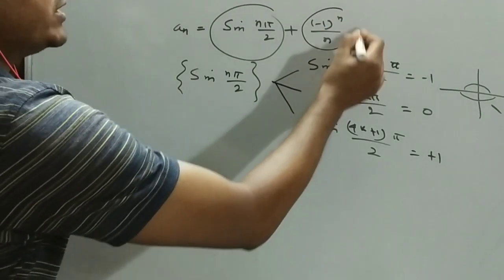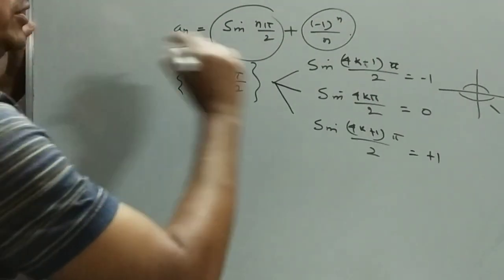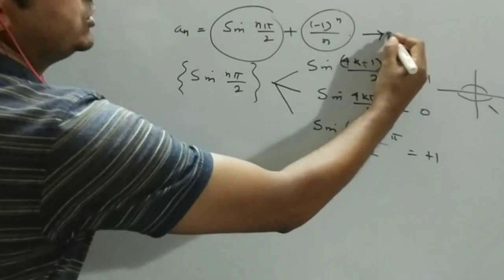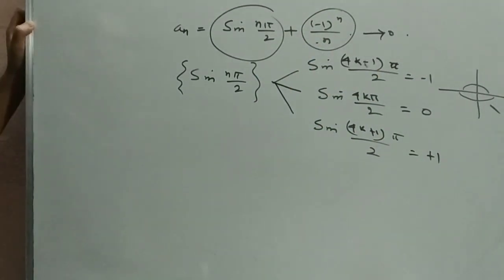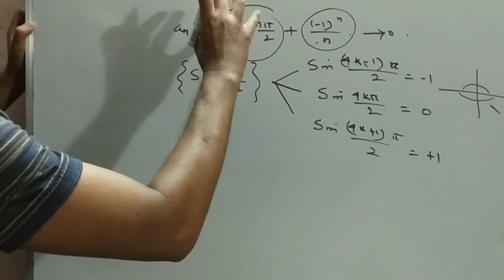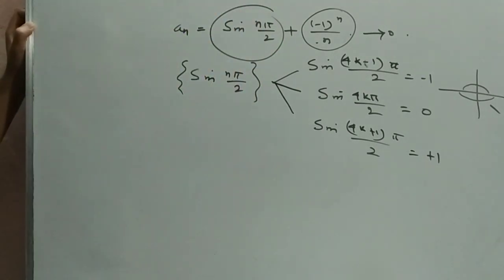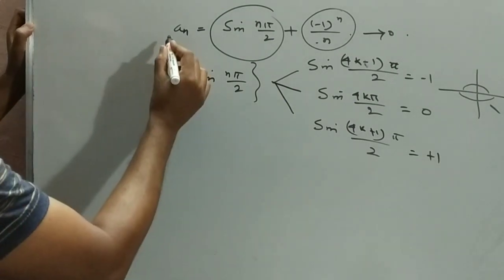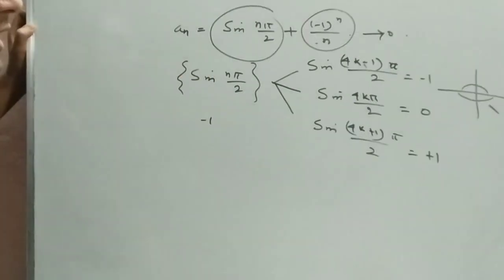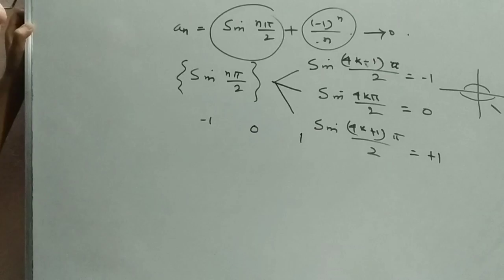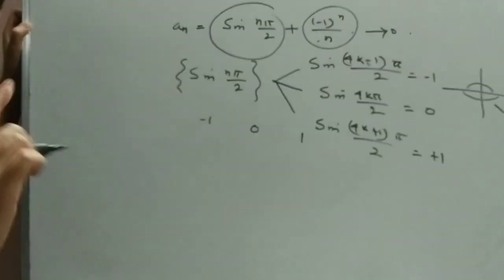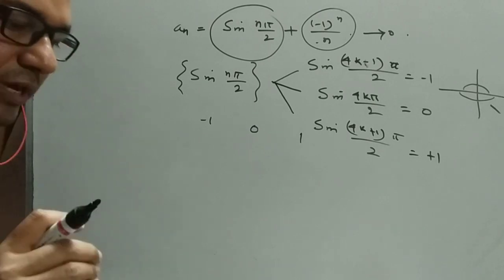And this sequence tends to 0. Second sequence tends to 0. So the sequence A has three subsequences. One converges to minus 1, another converges to 0, and the last converges to 1. So it has three subsequential limits. So in the first option,